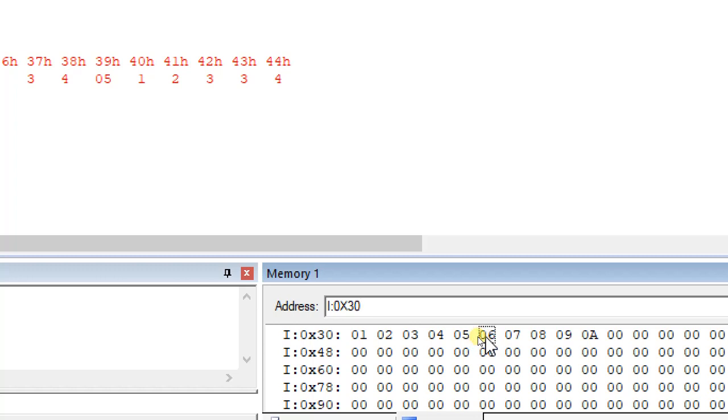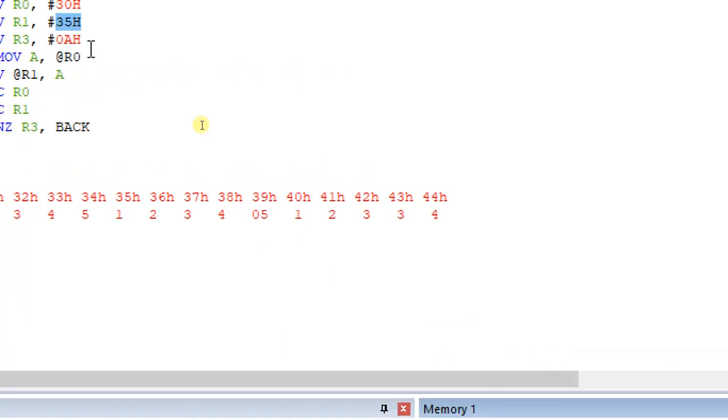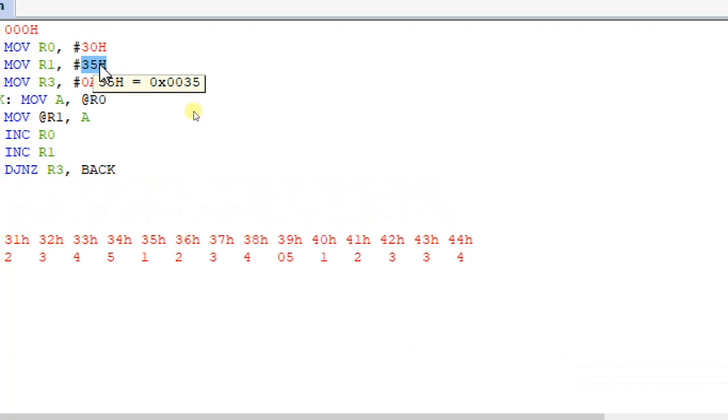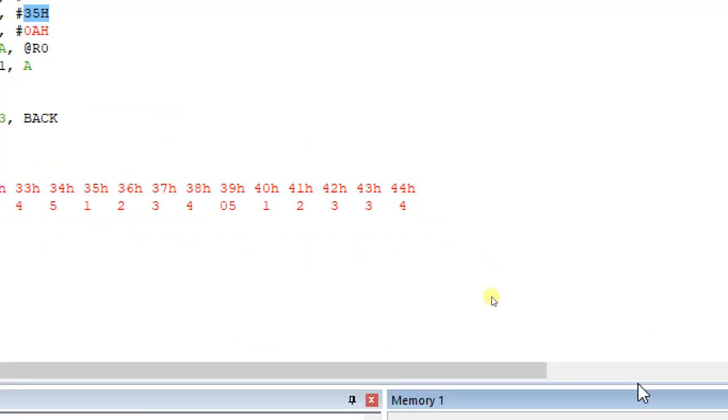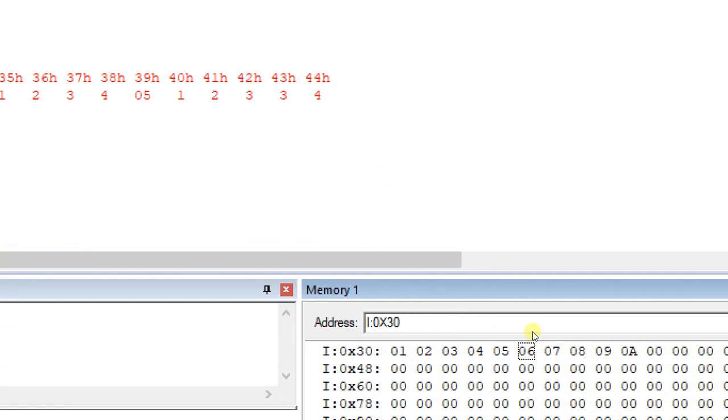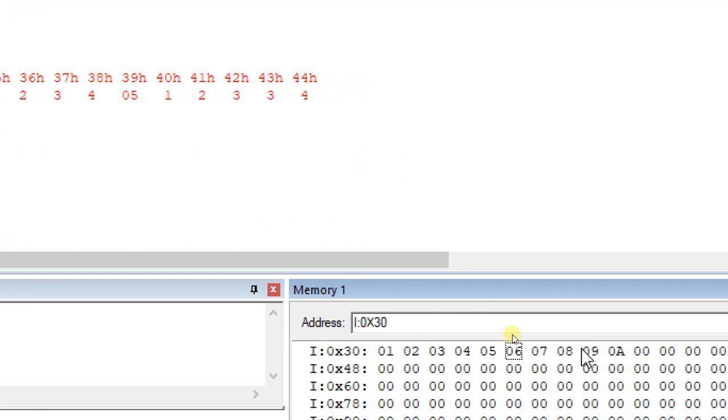The data from here to here will be transferred. The 35th memory location, used as the destination address, will overlap with the data 07 06 08 09 08. Why? Because this memory location already has data, so the source data is already present. Because I'm using this address as the destination location, this data will be overlapped with the source data.